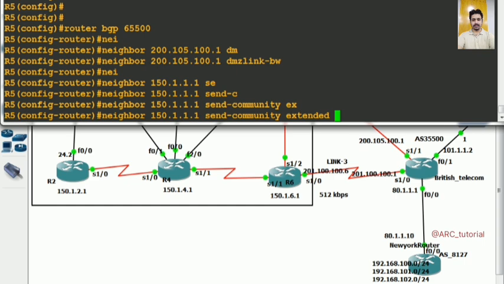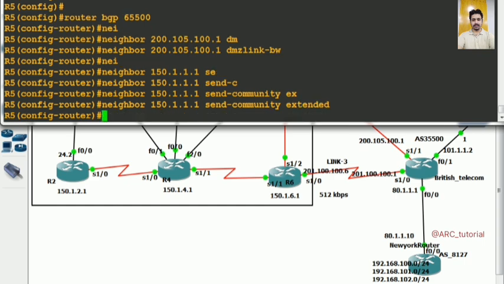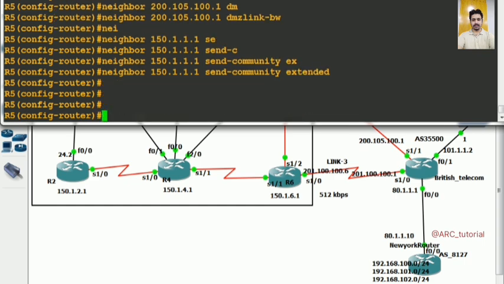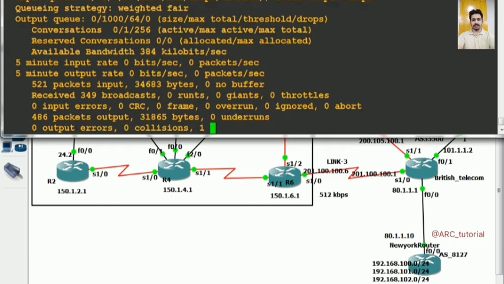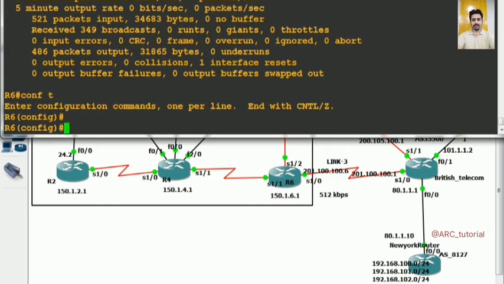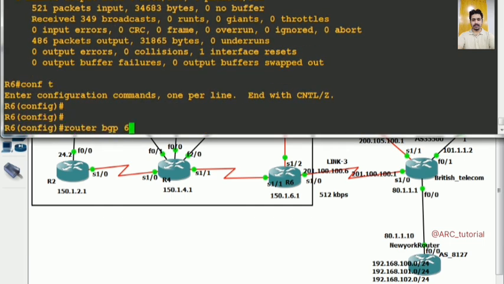As I said earlier, extended communities will be used by BGP itself for its own use, right? So this time you see that this bandwidth information will be advertised by R5 towards its iBGP neighbor in the form of extended community. And then after that move on to R6, also enable this DMZ link bandwidth for its neighbor,